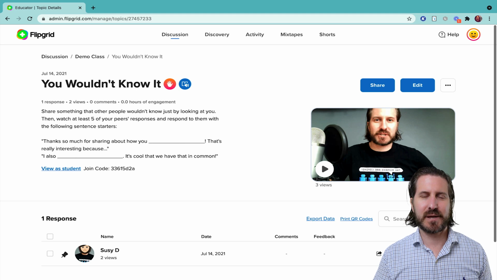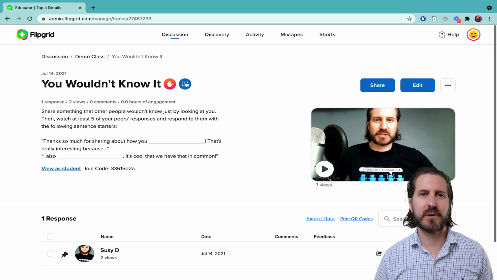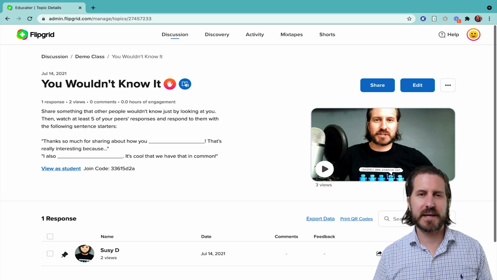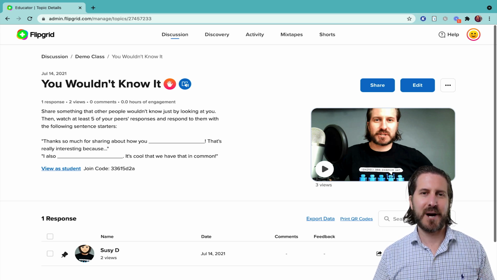This is an activity that you can clearly do at the beginning of the year, but you can also do it later on in the year as well, once students get to know each other a little bit better and are ready to share more intimate, more personal aspects of their lives. And it can be an effective, fun activity for students to be able to discover things that they might actually have in common with some of their peers to ultimately help you build community.